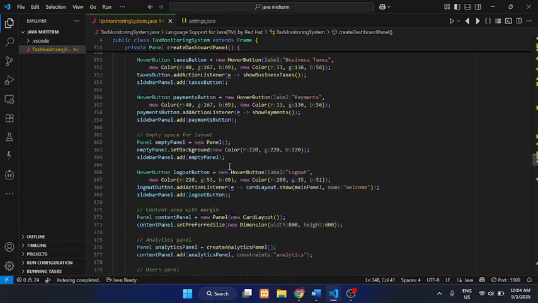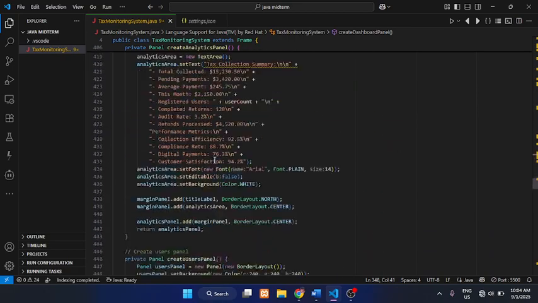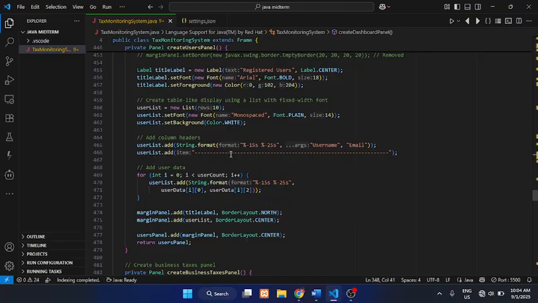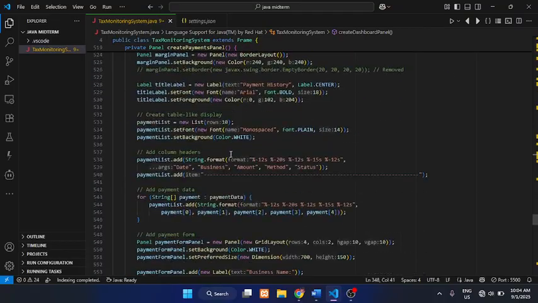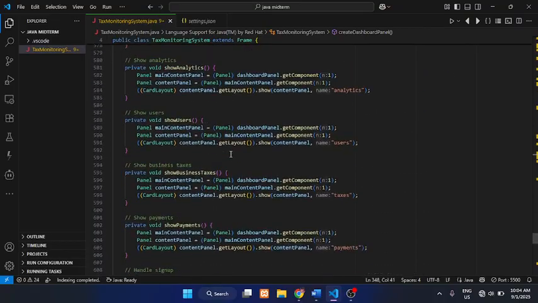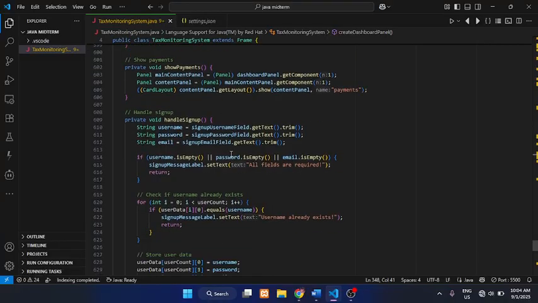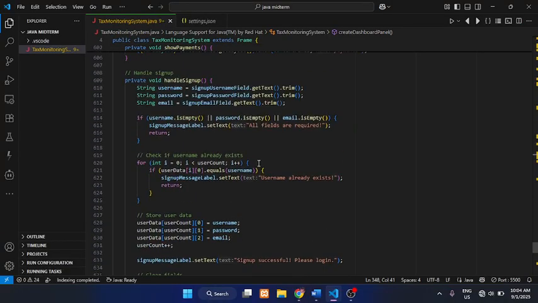So for the action listener, I just added one functionality here, which is the login validation.